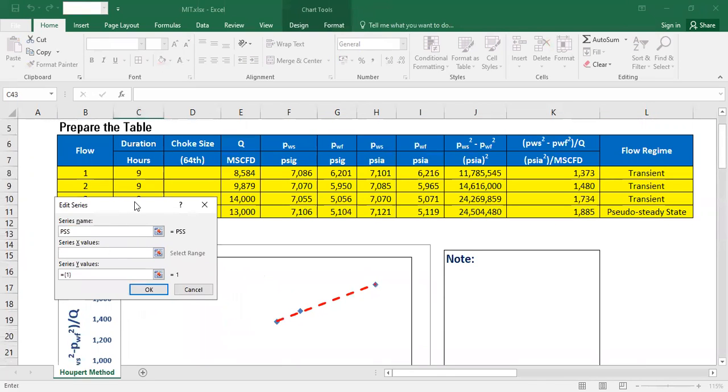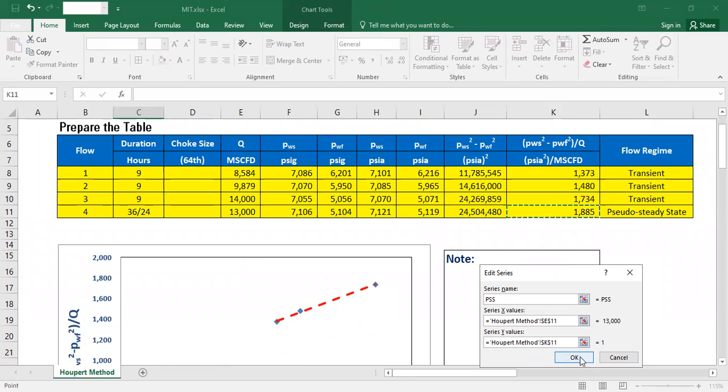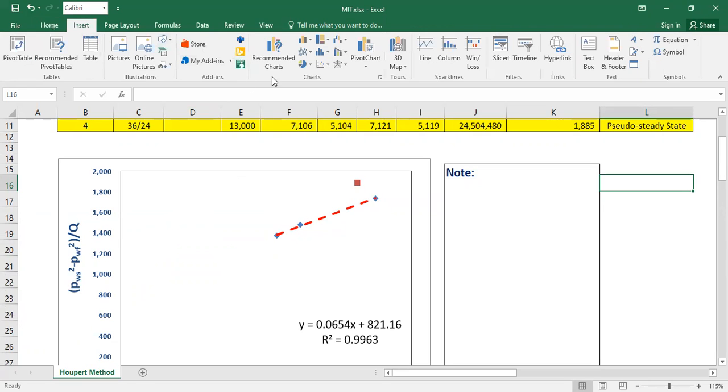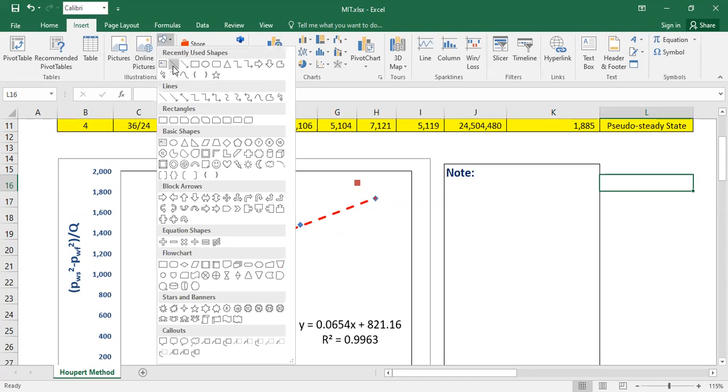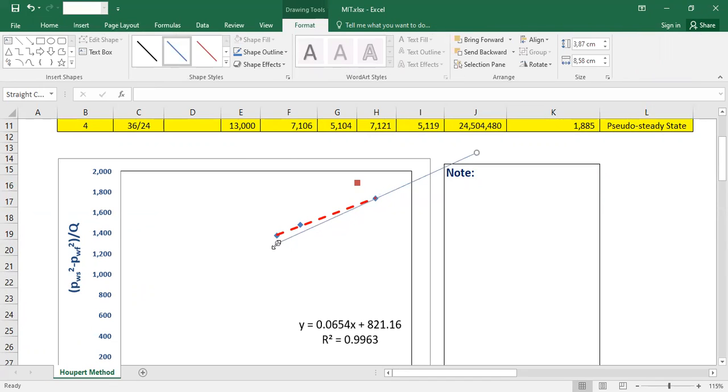The X value is the flow rate, this one. And the Y value is this one. So this is my pseudo steady state flow period data, I mean. And then we create a parallel line like this, mimicking the slope. Say I want to make it quite long. So they have the same slope. And then I put this line on my pseudo steady state data. So here,